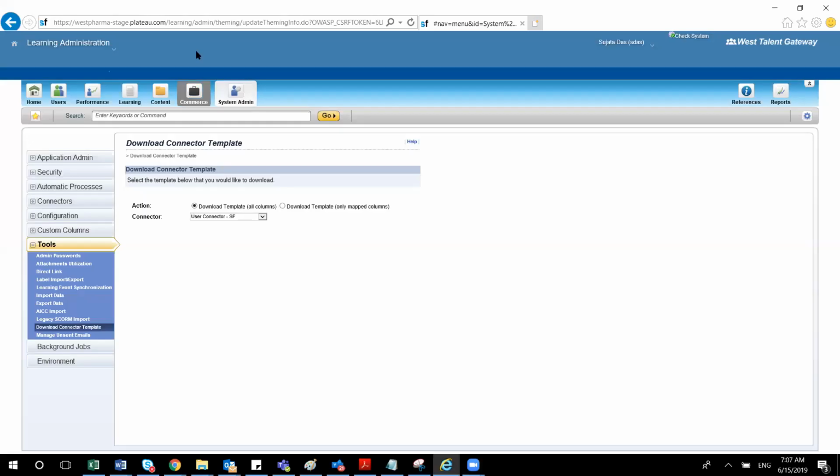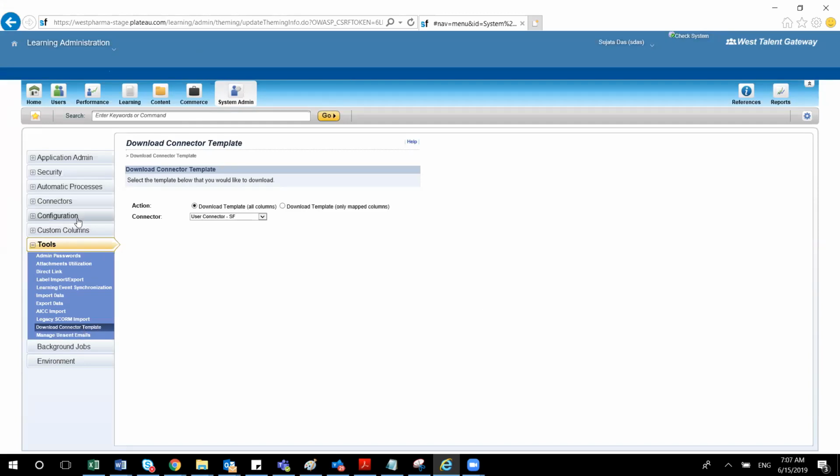Now can you see the connector file? You remember the path, right, where you have to download? Basically System Admin, then Tools, then there is Download Connector Template. So do it today itself. If you are not able to download, just let me know, because I think some pop-up is blocked. From my test system I was able to download, otherwise I will share all those templates for your understanding of how the template will be looking like.